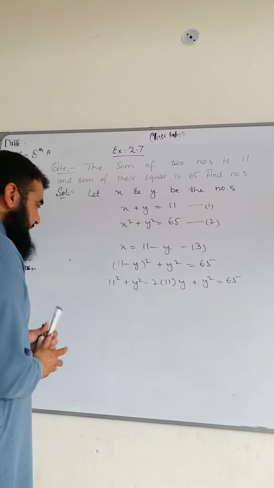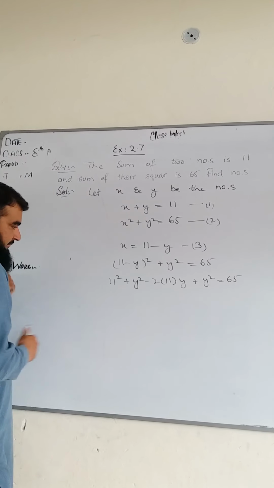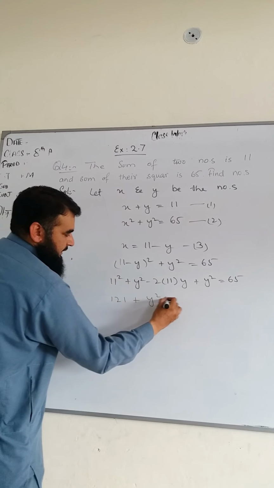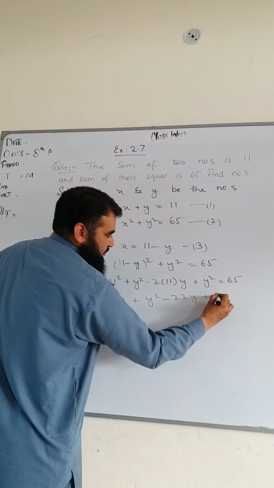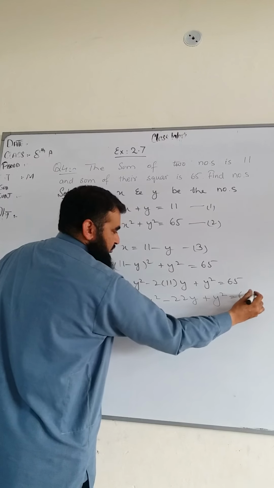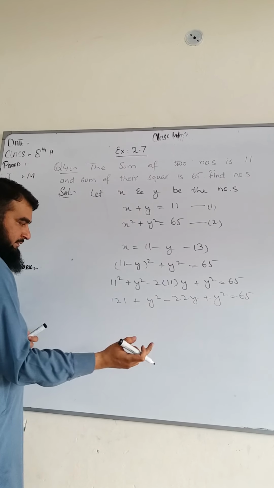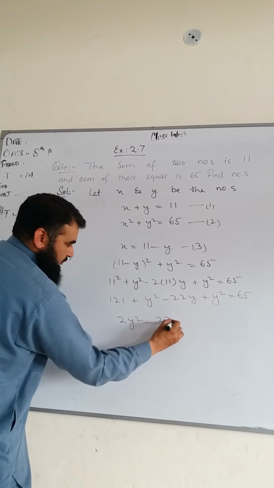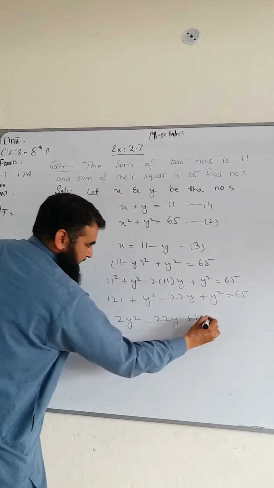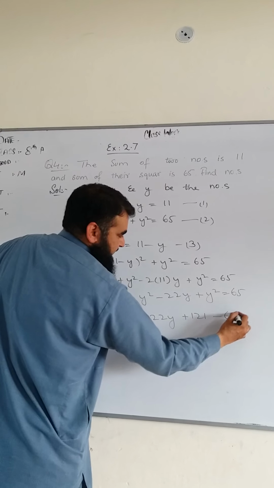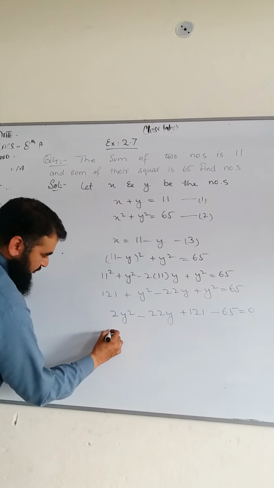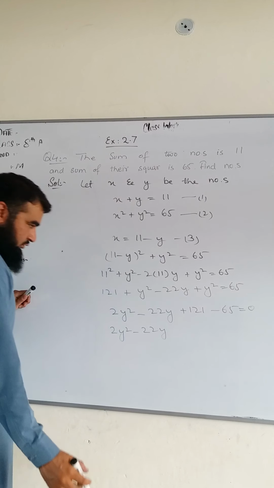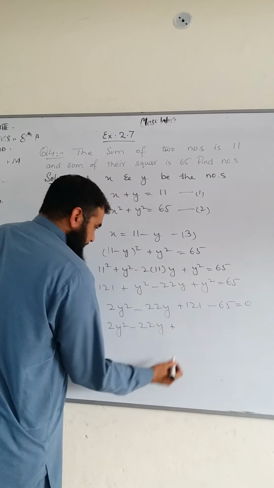So now next we have 11 square, 121, plus y square minus 22y plus y square is equal to 65. So y square and y square make 2y square. We will write in first form 2y square, then minus 22y, and then 121 minus 65 is equal to 0. 2y square minus 22y, and subtracting these two we get plus 56